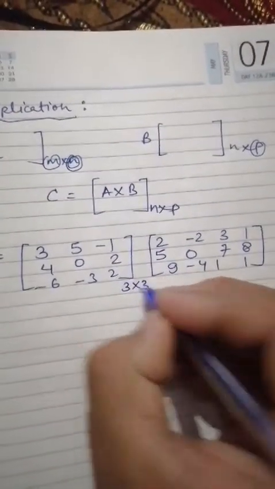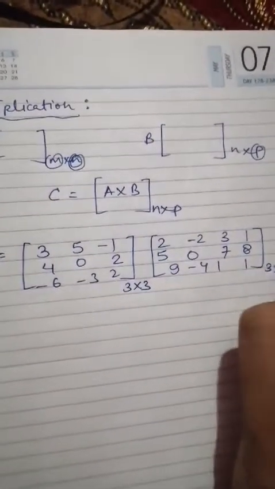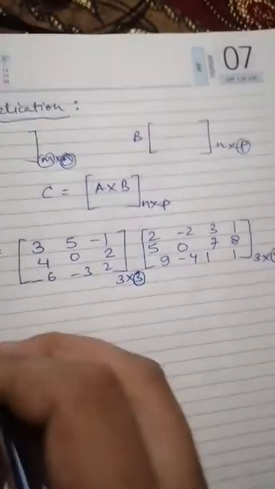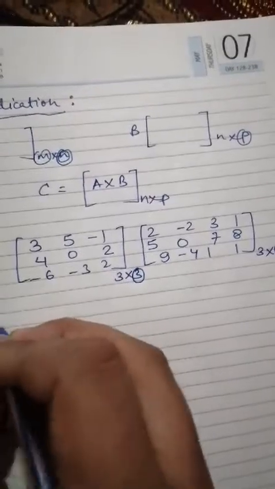You can see this matrix is 3 cross 3 and this one is 3 cross 4. So the resultant matrix will have the order 3 cross 4. So now AB equals